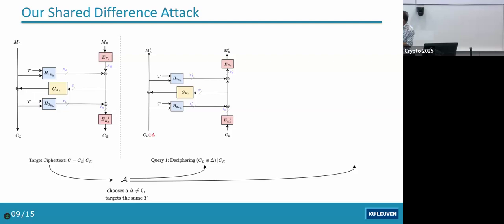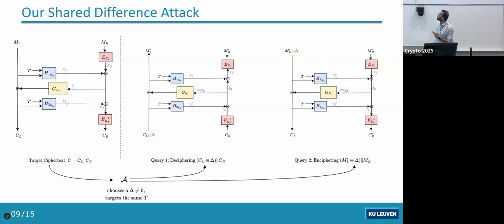Now, notice here that this CL and this CL plus delta have just a delta difference. So when you process it through the H2 function here, you will have F delta difference here because of the relation that I showed. This F delta will now propagate upwards into these two branches, and you will have F delta XORed here and here compared to the previous target ciphertext query. Now, the adversary gets ML prime and MR prime as a response to this query. So it decides to make an enciphering query this time,